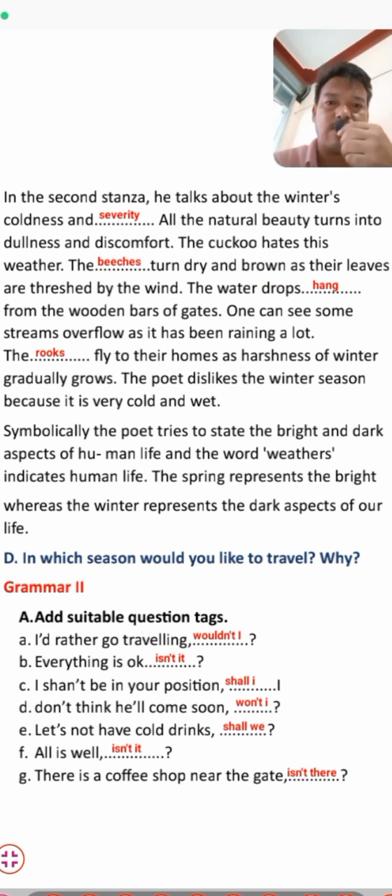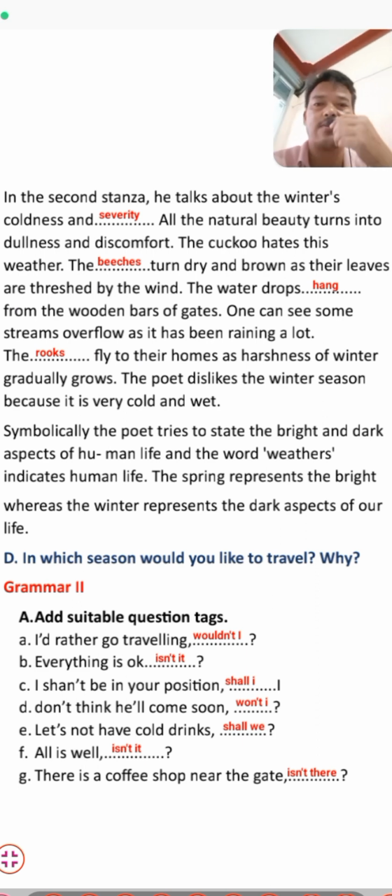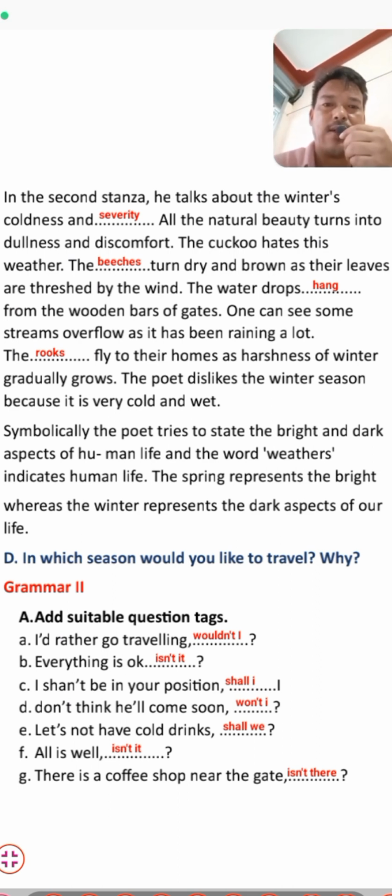And the next one: water drops hang from the wooden bar of the gate. So hang is the right word here. One can see some streams overflow as it has been raining a lot. Rocks means a large bird. So this is now, students,